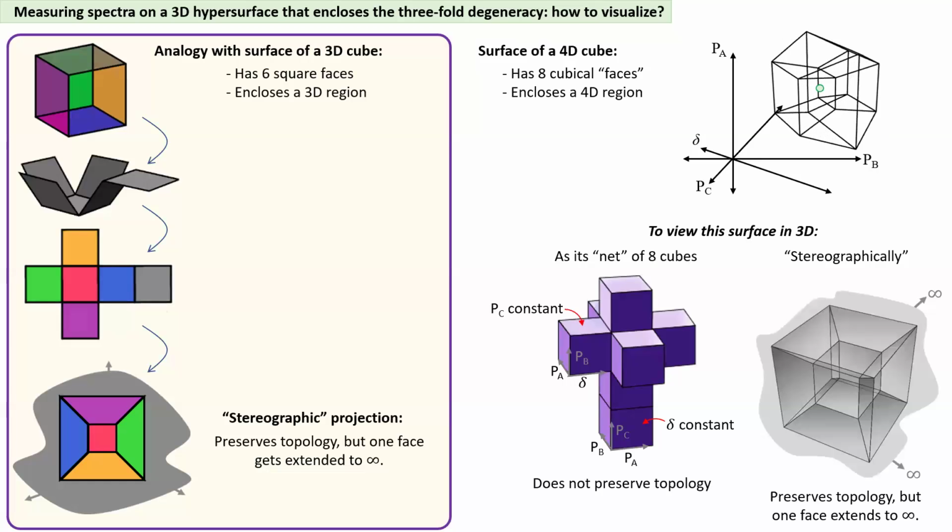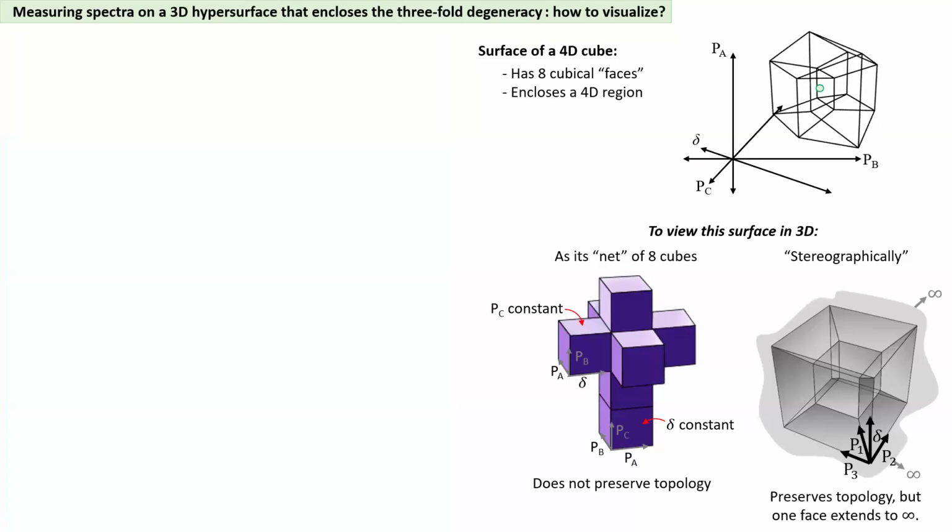And then this last cube gets wrapped around and stretched out to infinity. That's a stereographic projection, the surface of a hypercube. And it's nice because we're actually going to take data in literal 3D cubes, where we just raster in the most intuitive way our 3 experimental parameters, maybe 2 powers and the detuning, or all 3 powers or whatever. And so this lets me do a stereographic projection where I can still pretty faithfully show you the actual axes